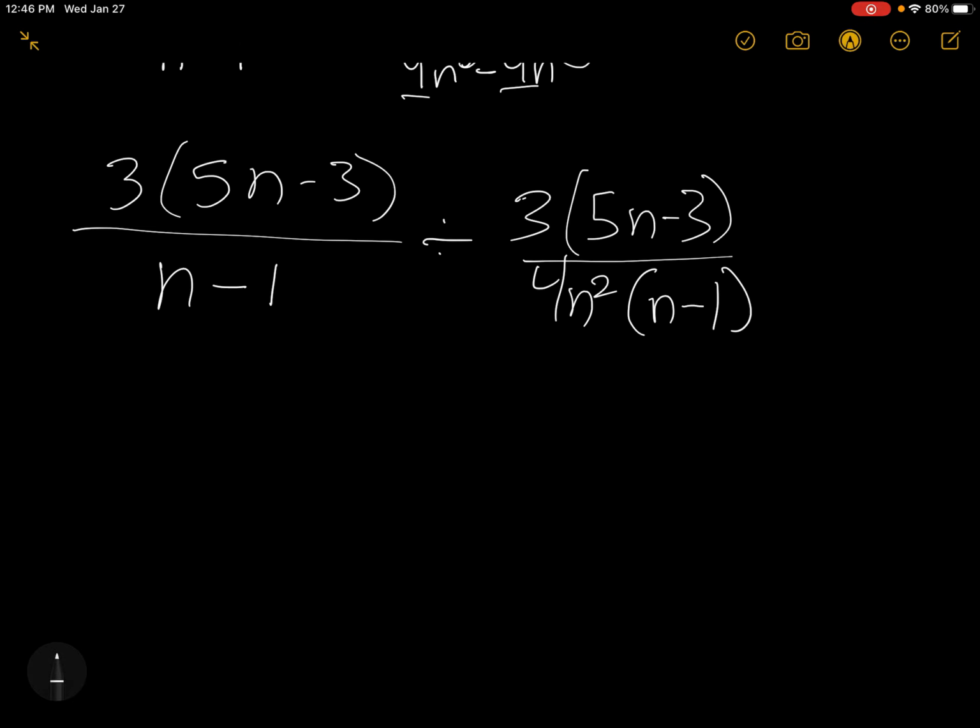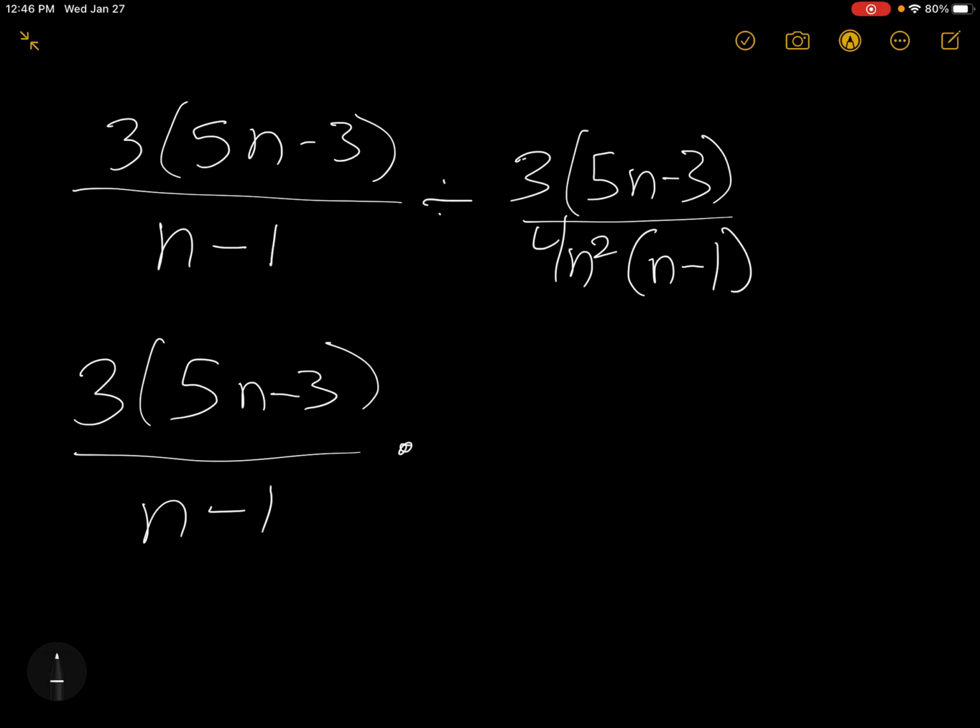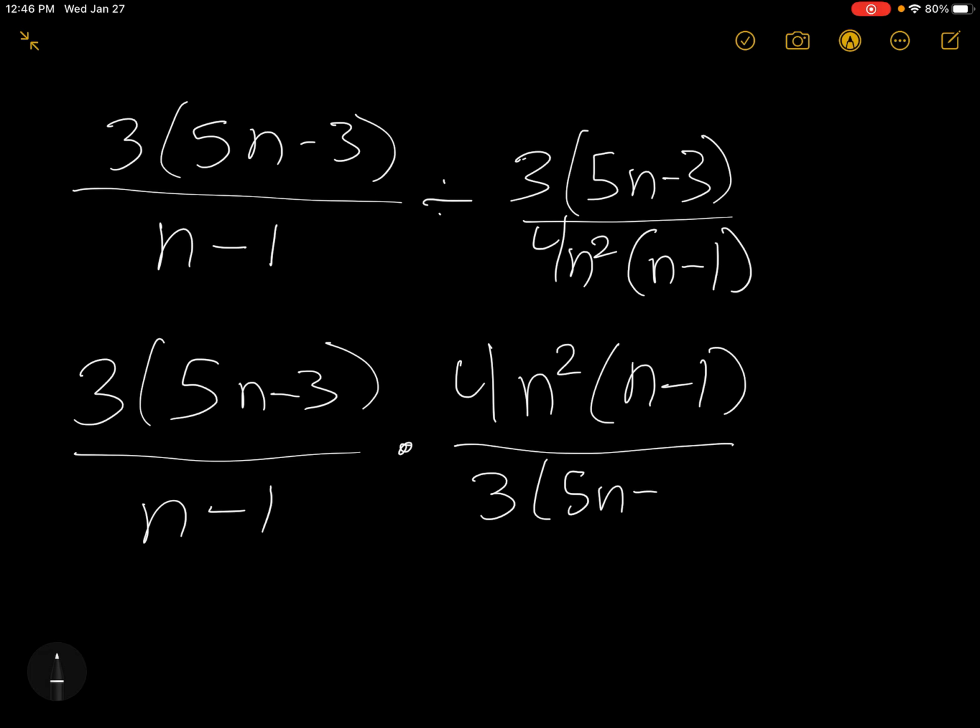On the quiz, you don't have to state the domain, so we're going to skip that part. We're going to set this up as a multiplication problem now. So we're going to rewrite this as our first rational expression stays the same. 3 times 5n minus 3 over n minus 1 stays the same. Multiplied by, and now we're going to write the second expression as its reciprocal. So we have our numerator becomes our denominator, and our denominator becomes our numerator. So we have 4n squared times n minus 1 over 3 times 5n minus 3. We're going to connect these,